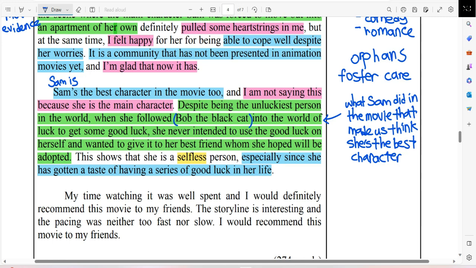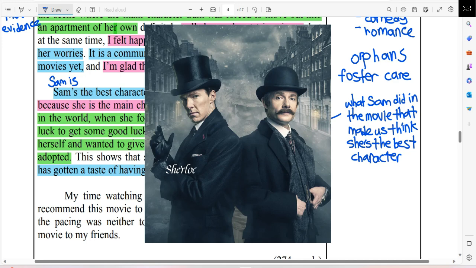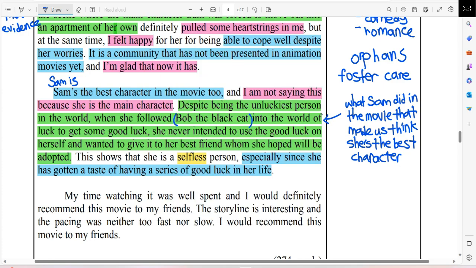Let's say, you all know Sherlock Holmes, right? I think you all know. If you don't, here's a picture of him. So Sherlock Holmes, who is his sidekick? Dr. Watson, right? If you talk about Sherlock Holmes and suddenly you mention Watson, you need to mention that Watson is Sherlock Holmes' assistant, the doctor, actually a retired soldier doctor. So you can mention all these things, like the character's occupation or what their role actually is.